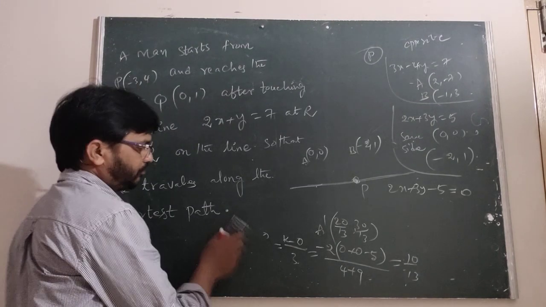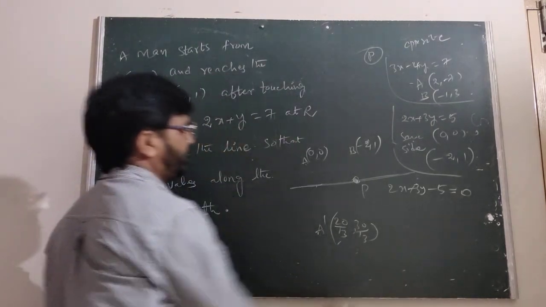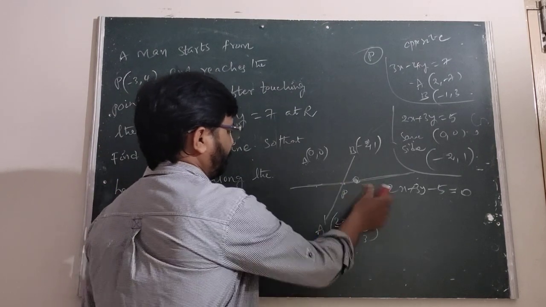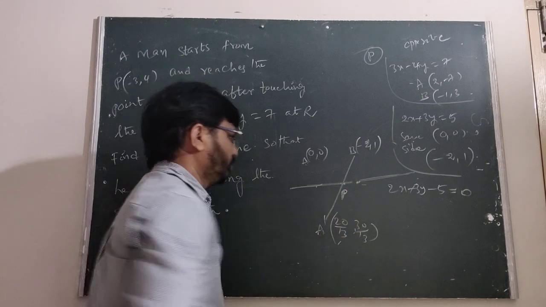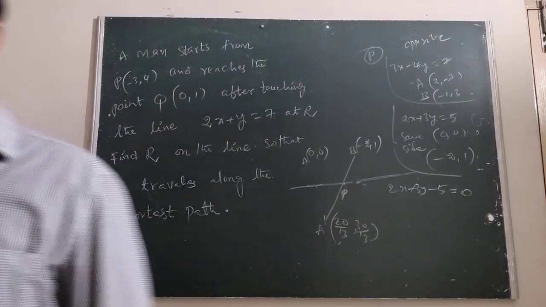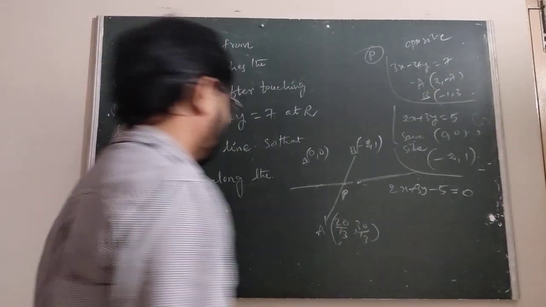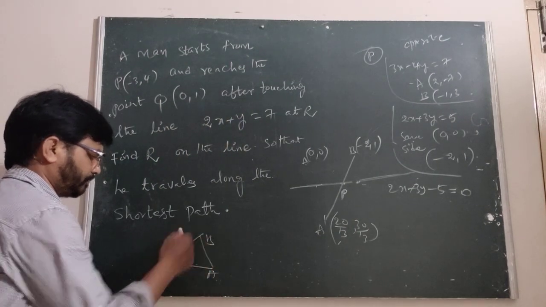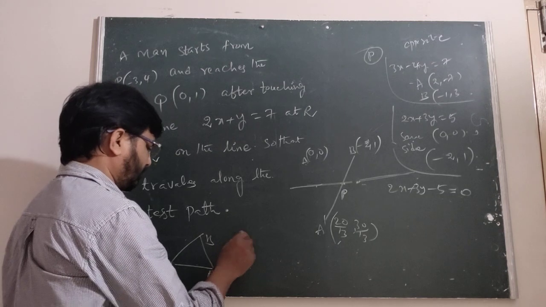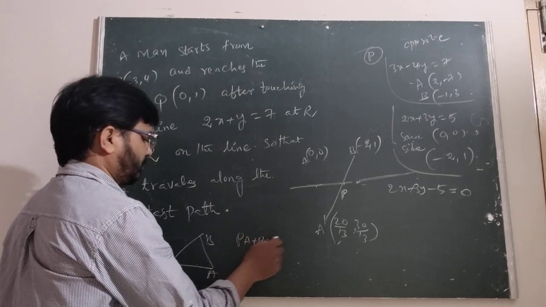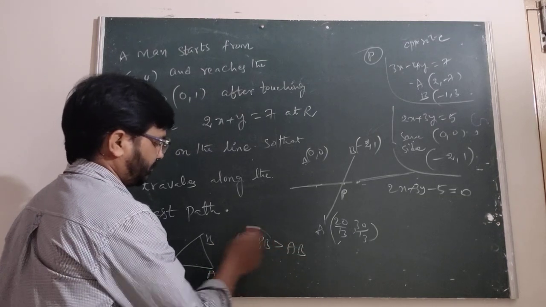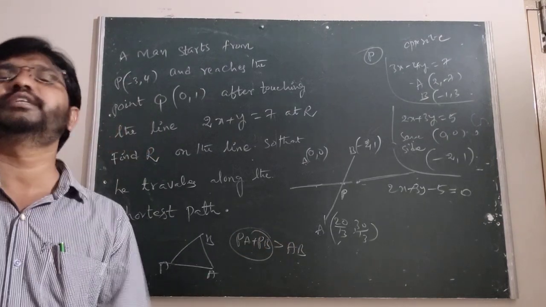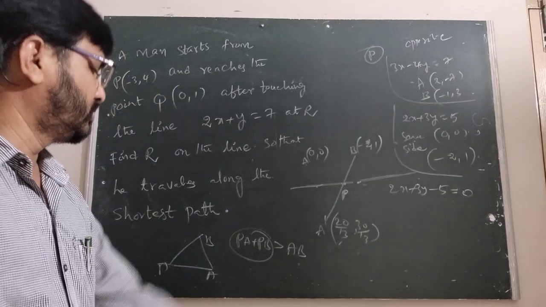Now we are finding the minimum distance. Here we draw the line segment. This is the point P, and we want the minimum distance of PA + PB. How do we find the minimum? Suppose we take some triangle PAB: the sum of the two sides PA + PB must be greater than the third side. Therefore, PA + PB is greater than AB, which means the minimum is AB.